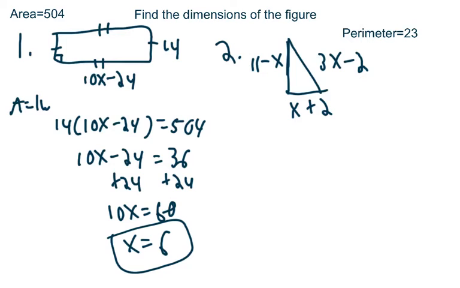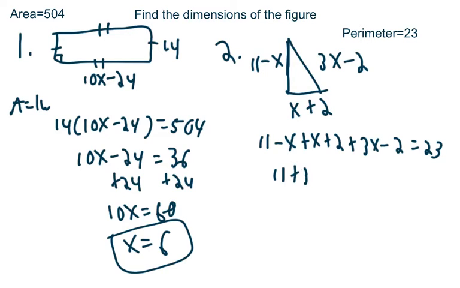Okay, so we're looking for perimeter. So it'll be 11 minus x plus 2 plus 3x minus 2 equals 23. Combine like terms will be 11 plus 3x equals 23. Subtract both sides by 11. 3x equals 12. X